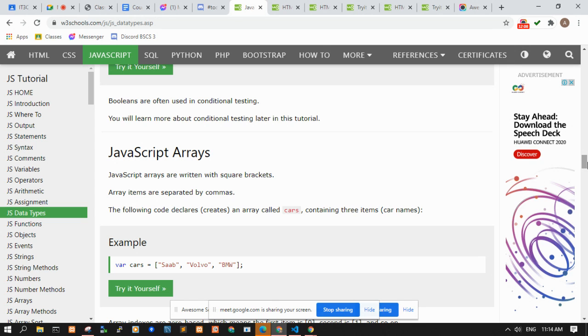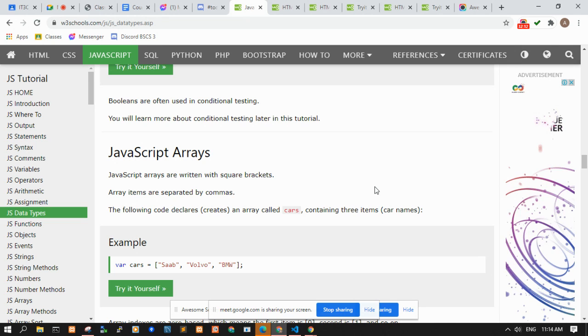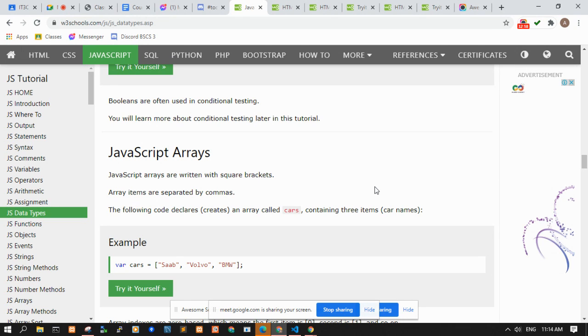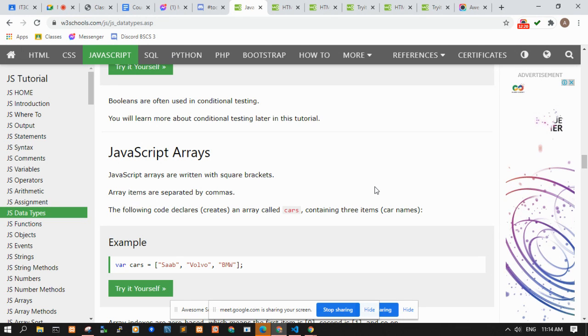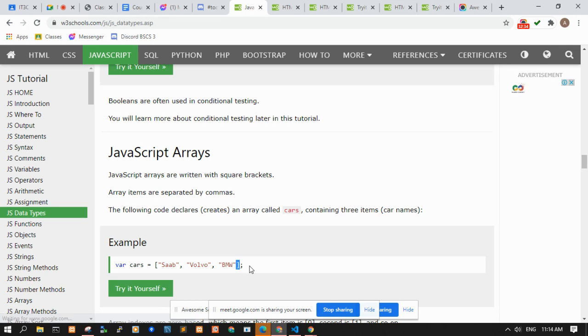Okay, and then we have arrays. Arrays in JavaScript are just numeric arrays. You cannot have associative arrays in JavaScript. Creating an array in JavaScript is as easy as this: var chars equals square brackets and then the values of the array.